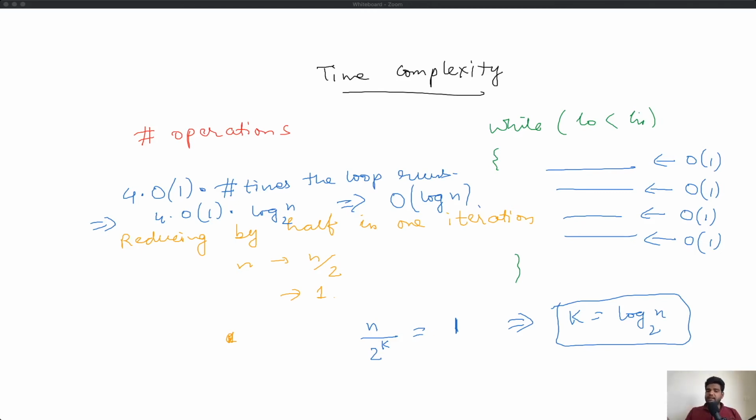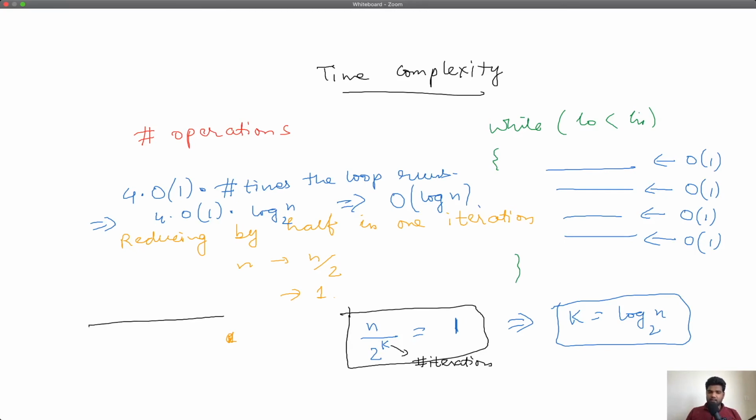So how many iterations will it take for your search space to become 1? That computation we did here. We said that if k is the number of iterations that it takes for the search space to be reduced to 1, then this expression has to become true. What is this expression? N is the total original search space size.